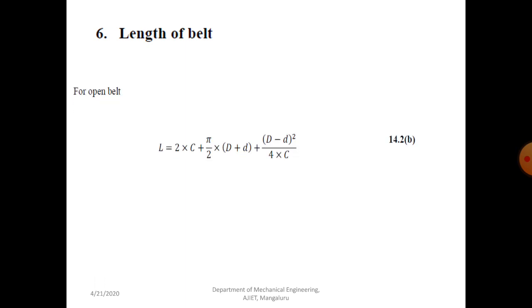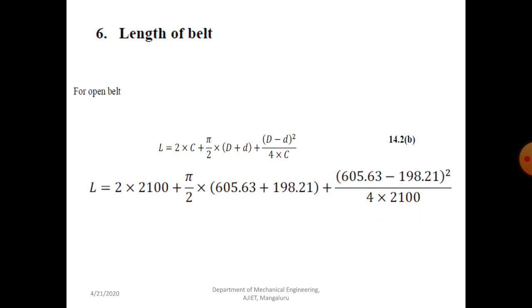Now the important step, you need to find out the length of the belt. For open belt we have to consider equation 14.2 b in your data handbook. So for open belt you have to consider, because they have not given which type of belt, so always you have to assume open belt. So L equal to 2c plus pi by 2 into (D plus d) plus (D minus d) whole square divided by 4c. So after substituting all the values, because the center distance is given,